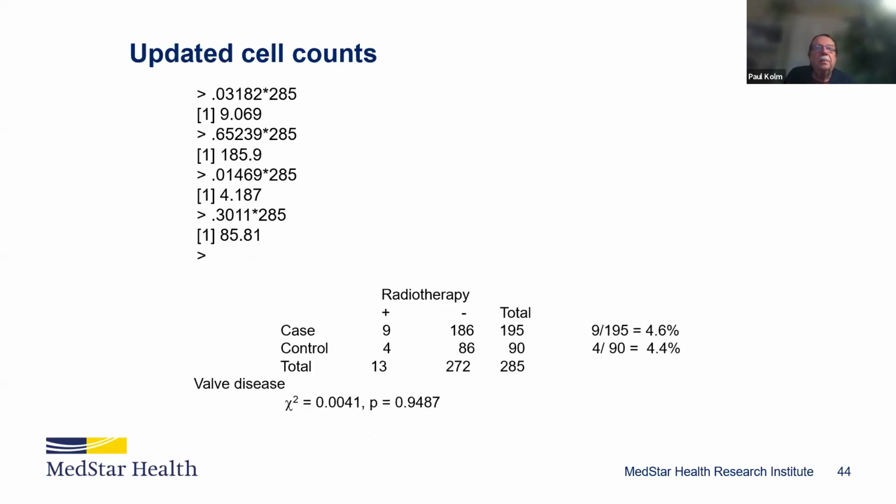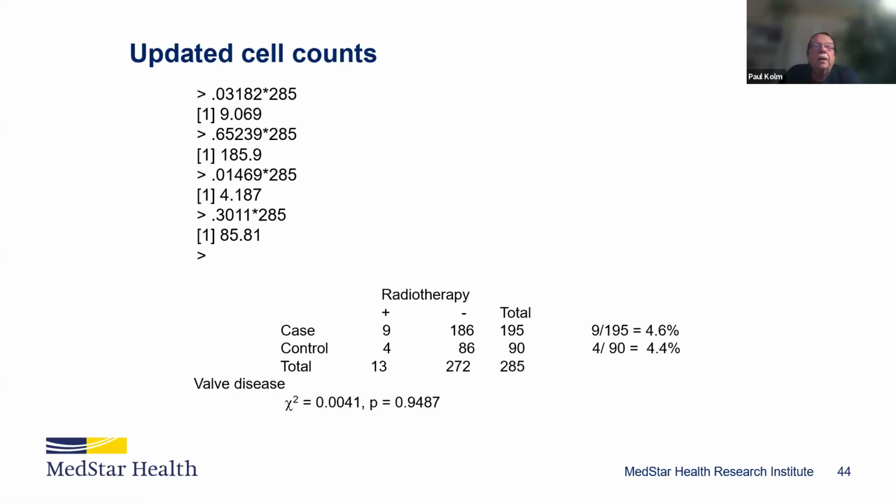Come to the end of that, and here's my final tally, where now you see that I get a very different result than I did with either the observed counts or the EM counts. So now I have all my observations, my 285 observations, and the percents here, like for the cases, this would be my positive predictive value, is 4.6, whereas before it was like 7 something, and now there's no statistically significant difference. So I get very different